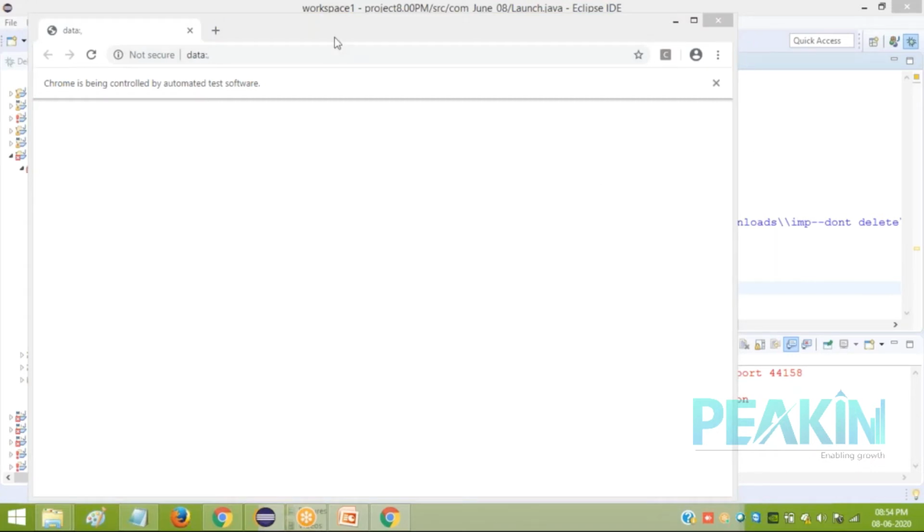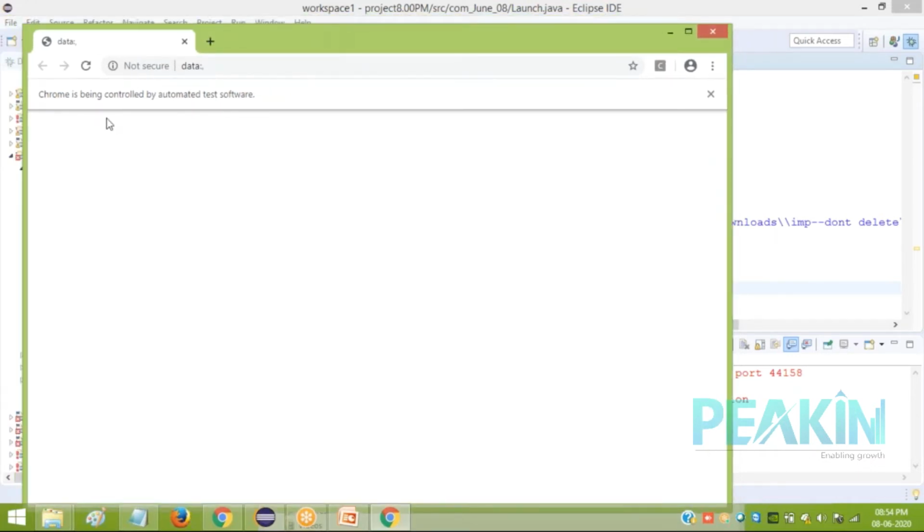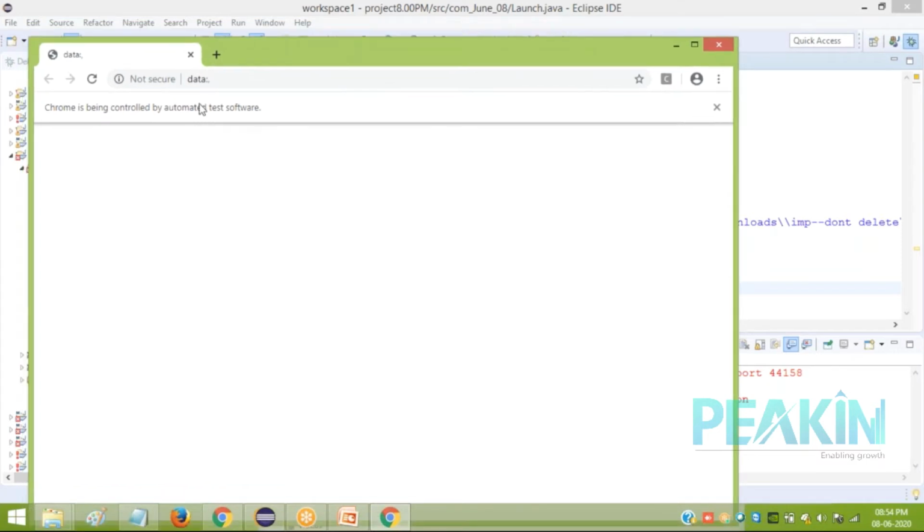Okay, so you can see here the Chrome browser is open. There's no URL over here. You see the message Chrome is being controlled by some script. This is not an actual browser, it's an output of that Chrome browser because some script got executed. And as we did not give an instruction to open some URL, you don't find any application open, it just launched.